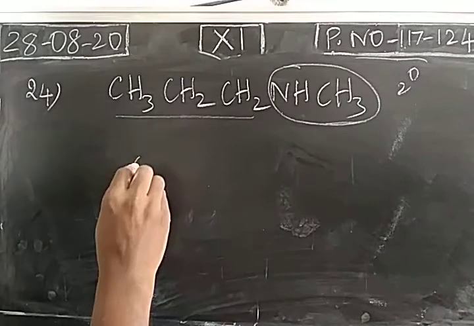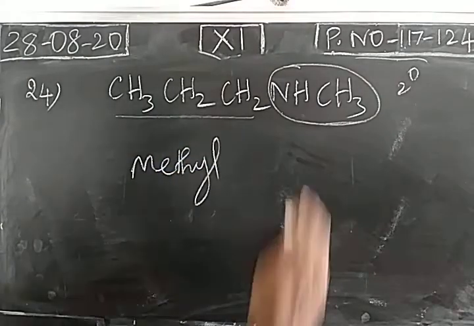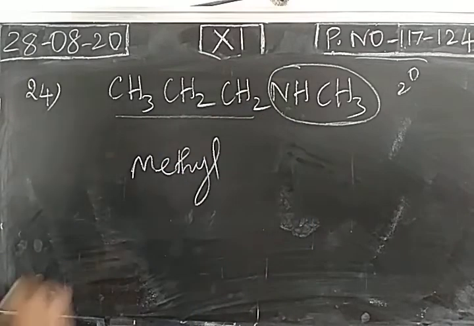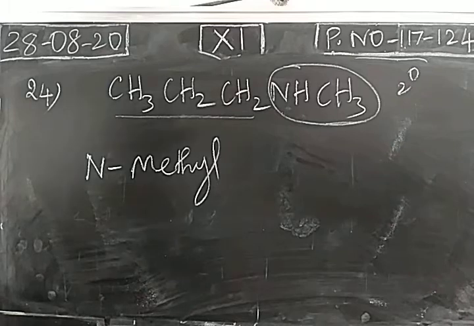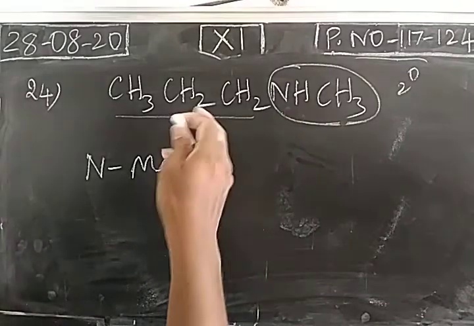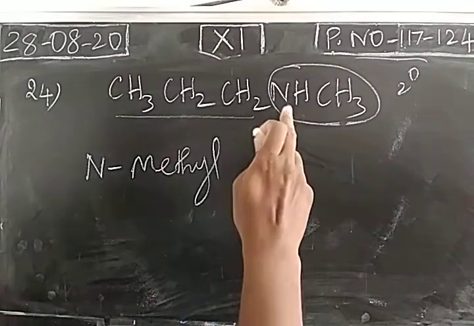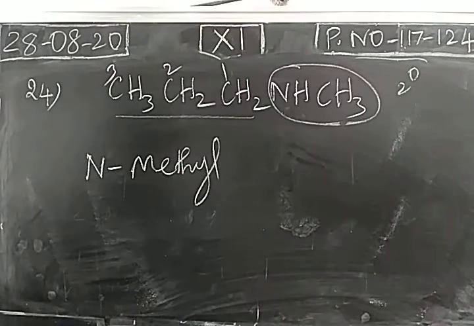Okay, so we have the simple methyl group attached with this amino group. So this is called N-methyl. Okay. So what is the prefix? While writing the IUPAC name for the secondary amine, N-methyl. Next, here 3 carbon atoms present. This is a functional group, so this should have the lowest possible number, right?